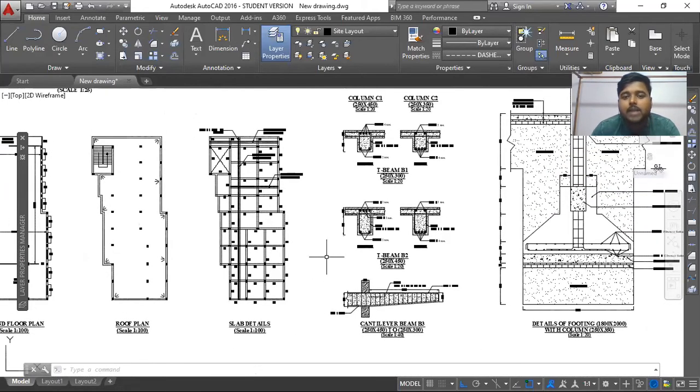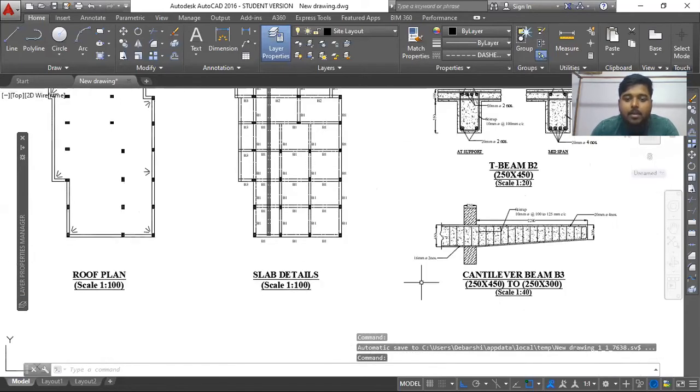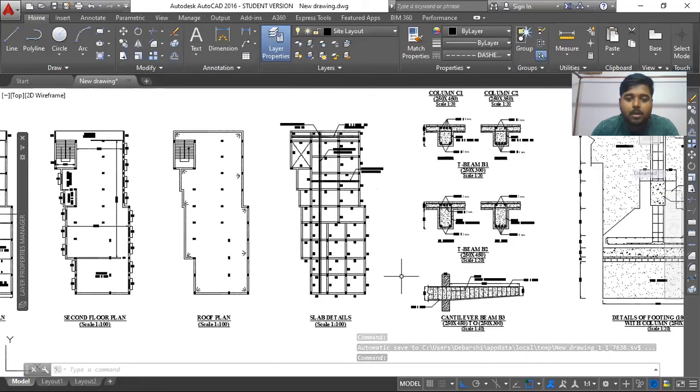On site, people don't carry a lot of drawings. In a bigger construction site, obviously they carry a lot of things together, like a bunch of drawings. But in a small residential house or this kind of single building, they don't carry many drawings. They carry everything within a single sheet. That's why these scales are different here. But in your case, since you are doing a particular residential house only, you can easily print it on an A4 sheet.